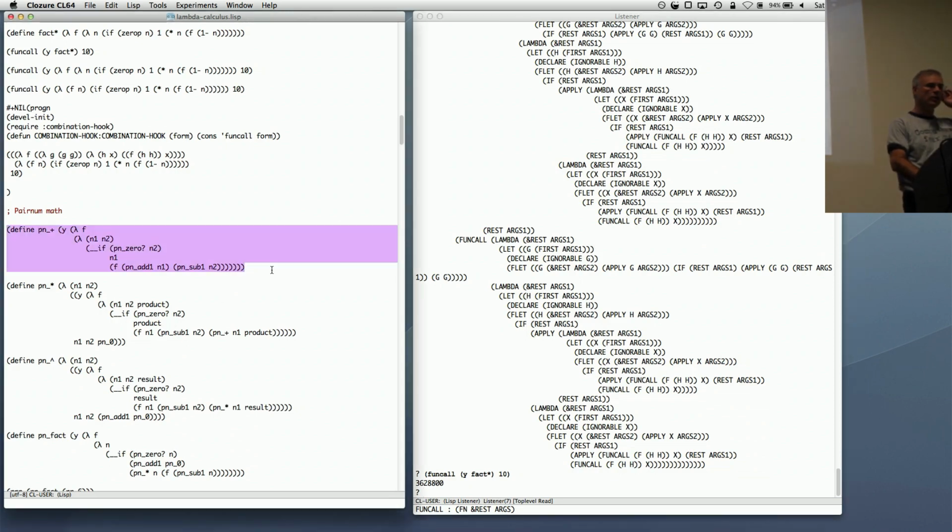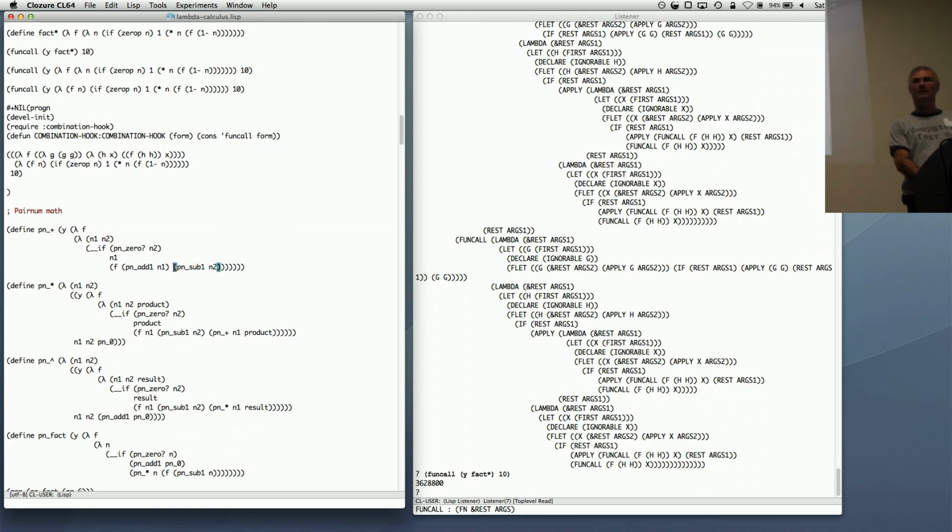So here's the addition. Pair num plus is the Y combinator applied to a function that accepts a function as input, which it's going to assume is pair num plus. And then it's going to return from that a function that takes two numbers and do the usual recursive number addition on it. If n2 is 0, then the result is n1. Otherwise, you make this recursive call to f, which is now legal, now not cheating,